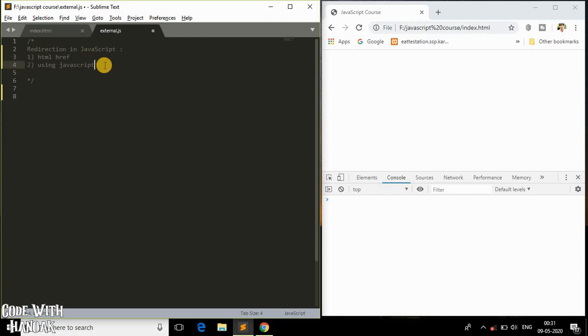The advantage of using JavaScript is you can do some pre-processing before redirecting him to another page, right? Before redirecting him, you will be doing some kind of pre-processing using JavaScript code, so you have total control of redirection.